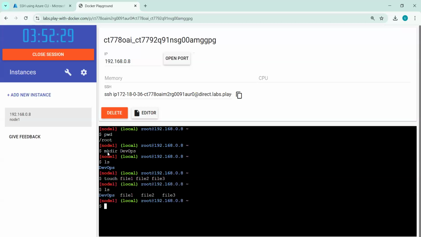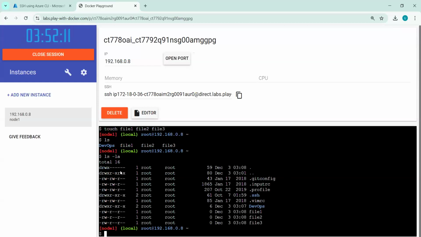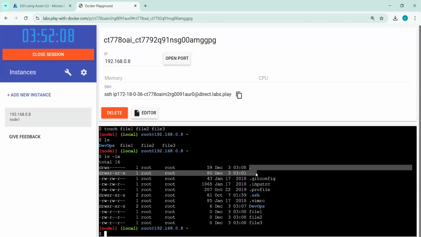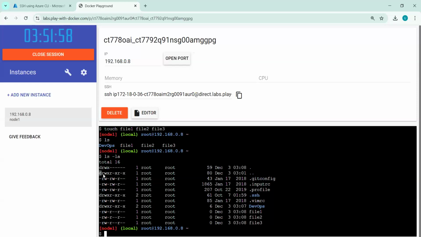And if I want to check, I can do ls. And you can see here folders or directories are shown in a blue color and files are shown in a white color. Again, here we can identify it. But if it is not showing like that, we can use the command ls -la. And here you can see the directories. You can see the single dot and double dot. These are the default directories in every folder when we create one. You can see it is a d, which means directory. And then these are .git config. Again, it is a file because it starts with a hyphen.